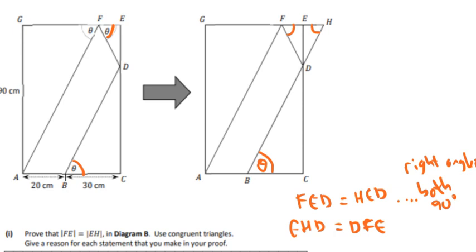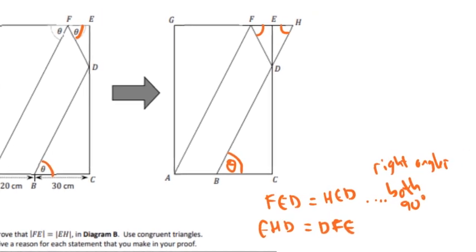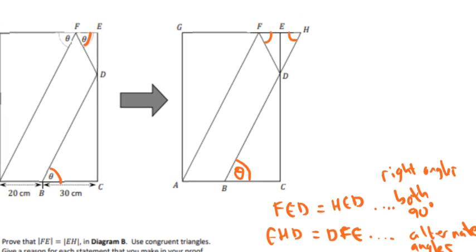So we know that they're both equal, and it's because of alternate angles, really. So it's because CBD and EHD are alternate angles to each other. Okay, so because of that, we know that EHD has to be theta, and we're already given that FE is theta. So therefore we know that